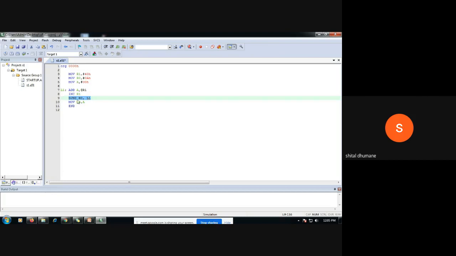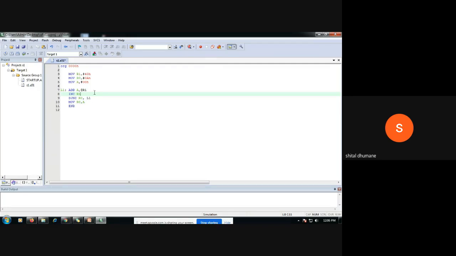Okay, so 09 it will become, we have to add the contents at memory location 41H. So we will jump here again. @R1, 41 memory location, the contents of that will get added with the accumulator. Okay, again increment R1, it will become 42H, your counter will become 08.